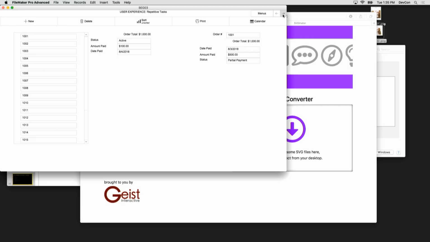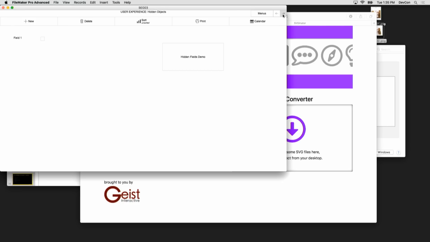Repetitive tasks, I'm not going to demo this, just again because of time. What I want to say is build whatever it is you're building, build your script, A to B, or your process, whatever, multiple layouts. Let's say that takes 15 steps. When you go through it and you're debugging it, put your user hat on and think, do I really want this to be 15 steps? What can I do to narrow this down? And again, iterations. You're going to have iterations with your design, you're going to have iterations with your scripts, and